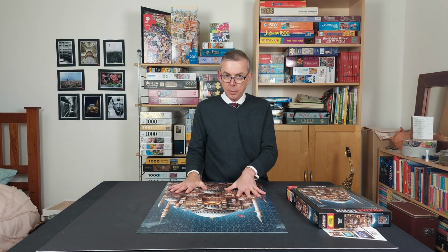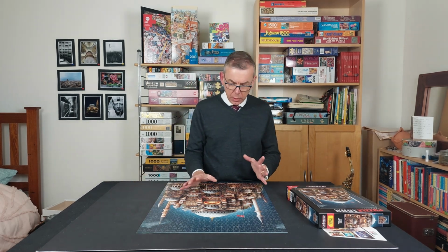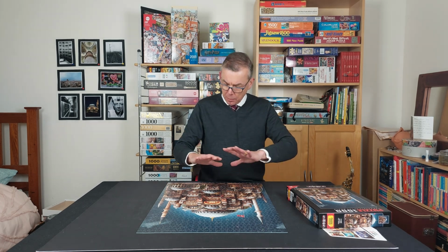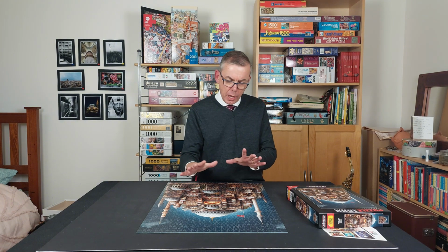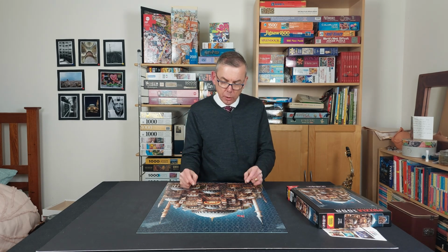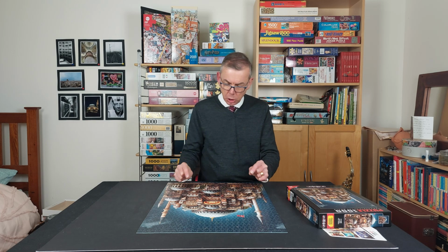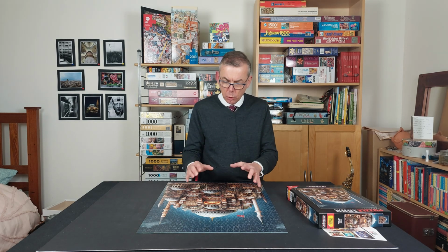So once I had all of that in place, then I thought, well, what's next? Because it's not really obvious. There's a lot of similar colours and not many patches of a lot of one thing. So I thought, what's the next most obvious thing that I could find without getting bogged down in tiny details? I really didn't want to go to the windows next, because there are so many varieties of windows, different sizes and shapes, but there are so many of them that I just don't want to do windows